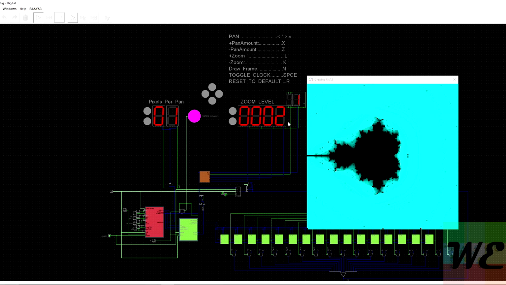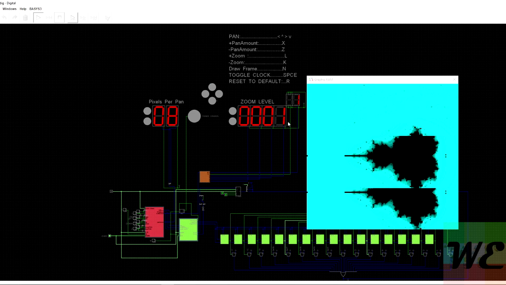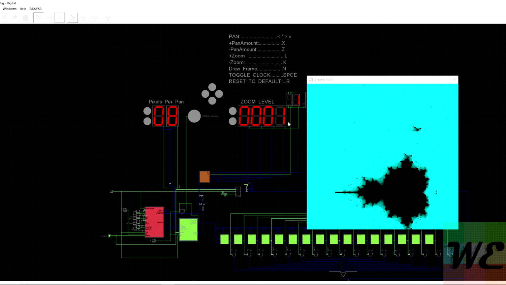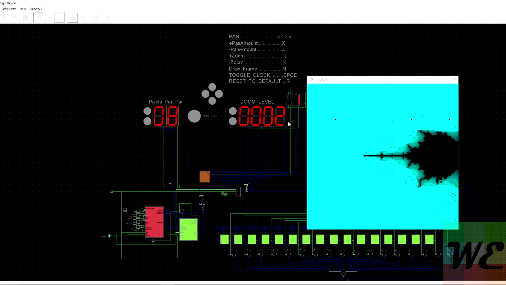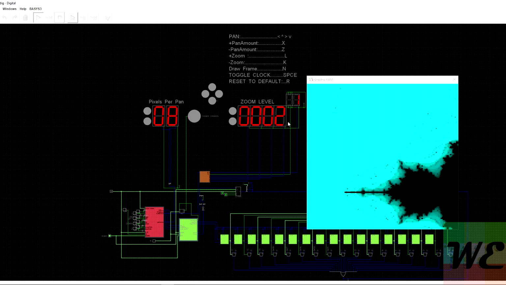I don't know, we don't want to change our zoom level yet. We just want to increment our pan. We want to move our camera up. Alright, now we'll press N. Oops, nope, or L, sorry. We want to go to 2x zoom. Let's move that down. Perfect. Maybe we'll go to the right a bit more.